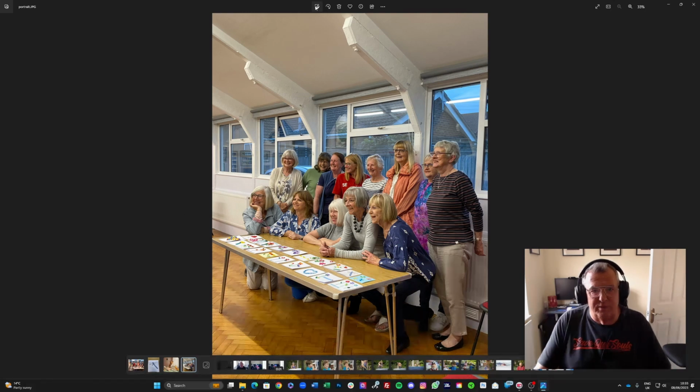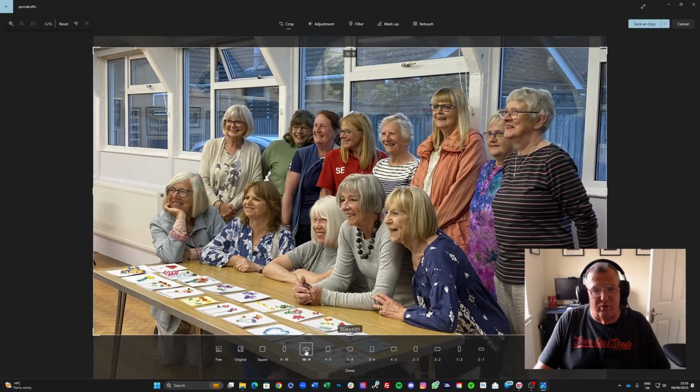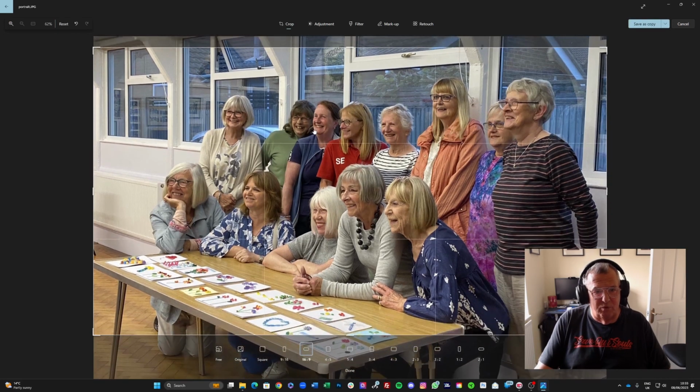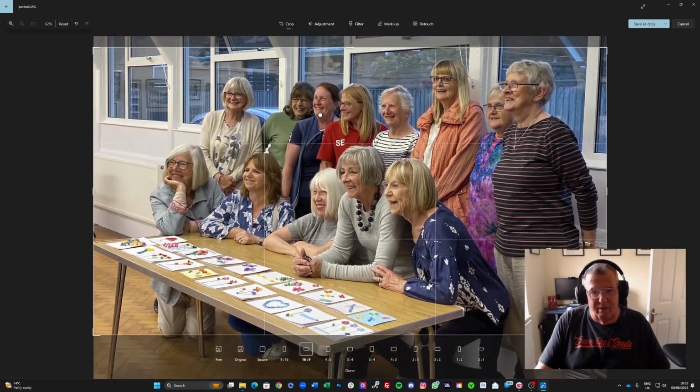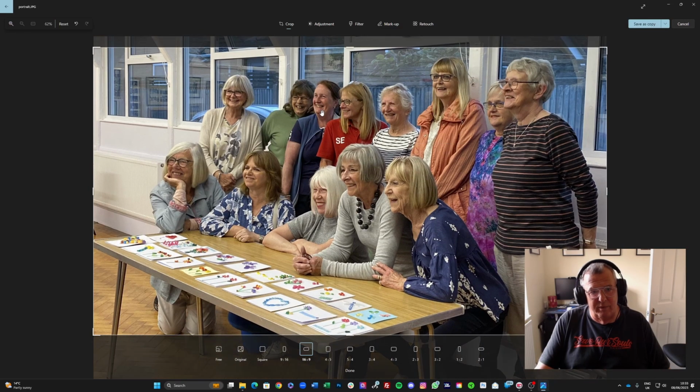So the first thing we'll do is to go into edit like so. Now we looked last time at just grabbing these handles and pulling them, which is fine, but we can actually click down here and choose a predefined aspect ratio. 16:9 is a popular one. It's a preferred option for photographs on the web, and we can see it's put a border in. I can move it around to crop things out how I want. So that's a fairly well balanced image like so. That's good. I will go into adjustment,